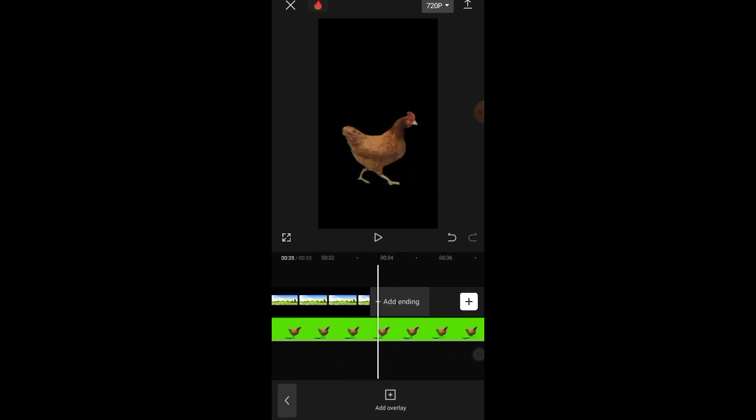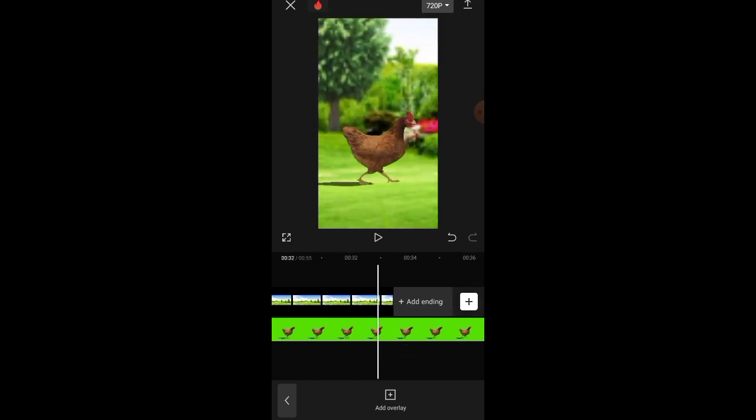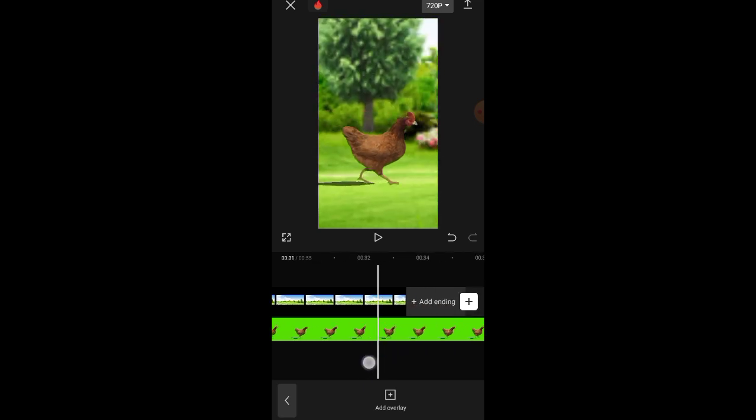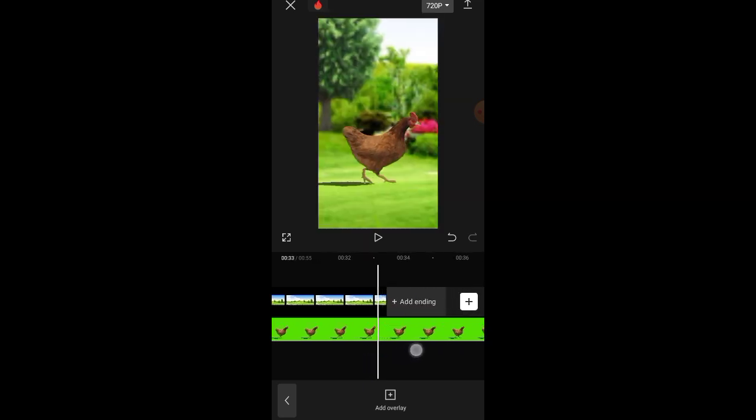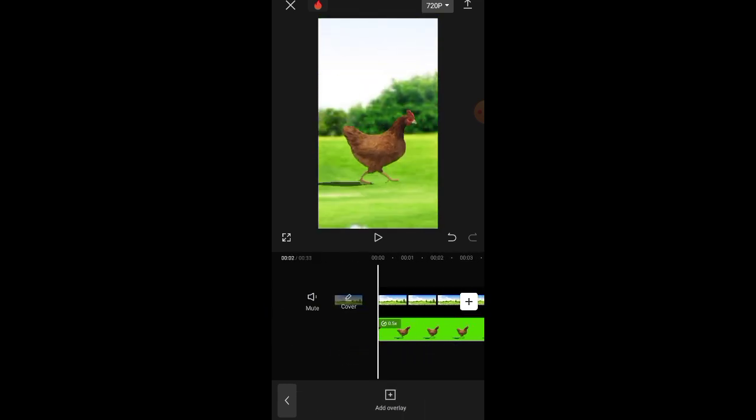So next thing I want to do is let me cut off a part of it. It is too long. I'll cut off a part of it. I'll click on the file and split at this point. I'll split and delete that part. Okay. So from here,